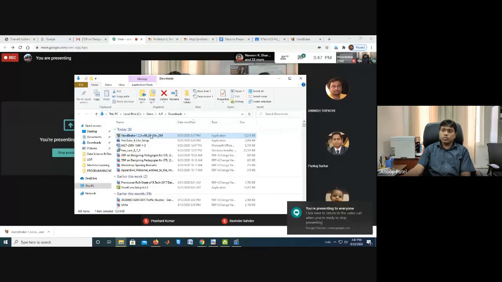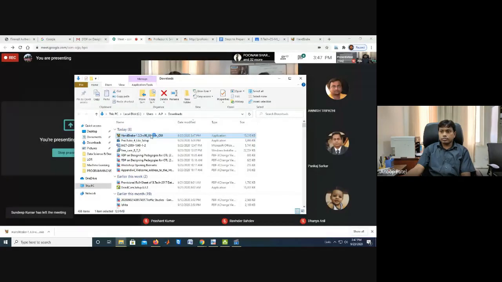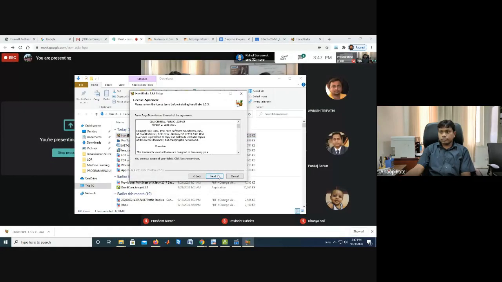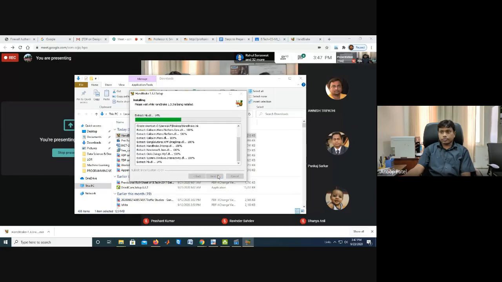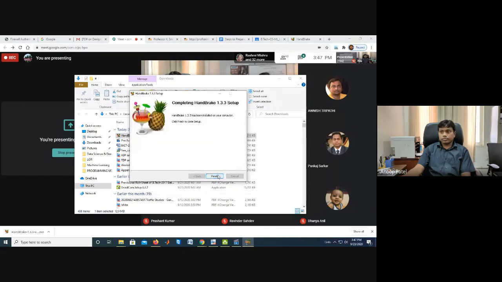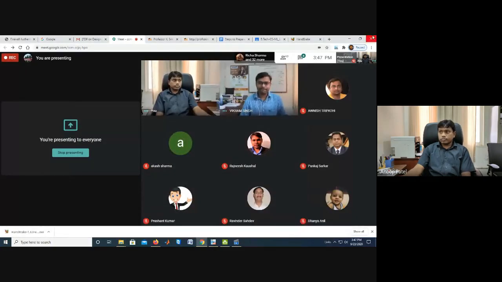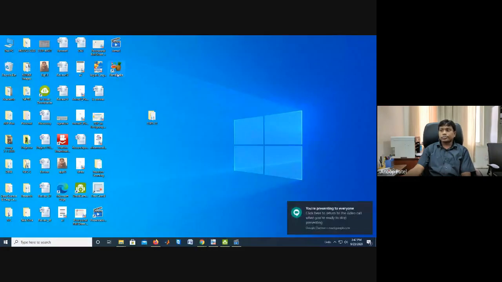Yes, this is Handbrake. Now what we have to do is install it. You can see here, I think my screen is visible, the shortcut of this Handbrake is available on the desktop.